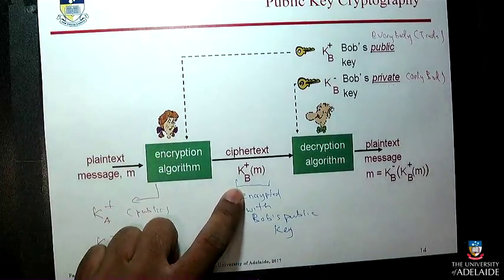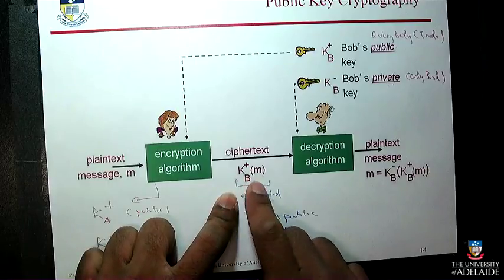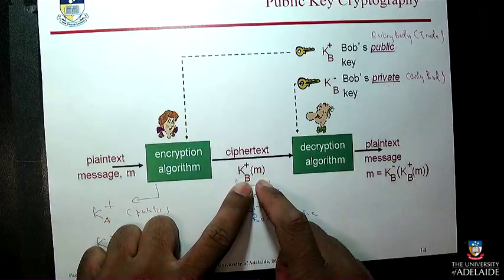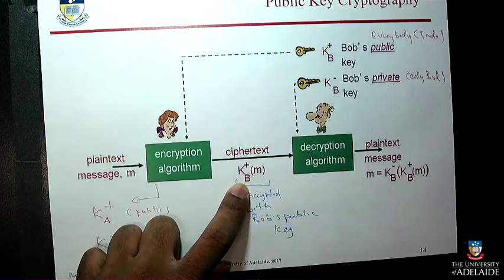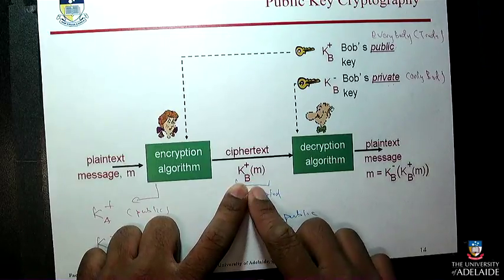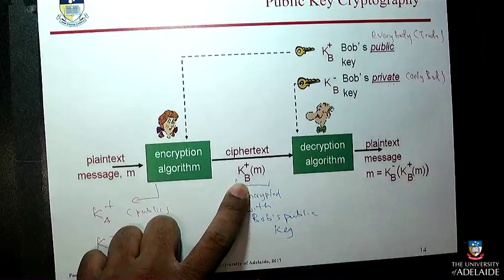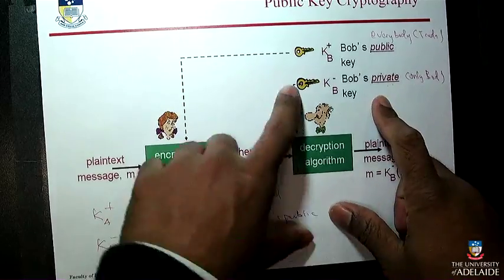Now, Trudy will know Bob's public key, but you can't use the public key to decrypt this message. Remember, with symmetric keys, you can use the same key to encrypt and decrypt, but with public key cryptography, you have to use the private key to decrypt. But who has the private key? Bob, right? Only Bob has the private key. So only Bob is able to decrypt the message. Is that clear? Trudy can't decrypt it because Trudy does not have access to Bob's private key. Only Bob has access to Bob's private key. So Bob uses his private key